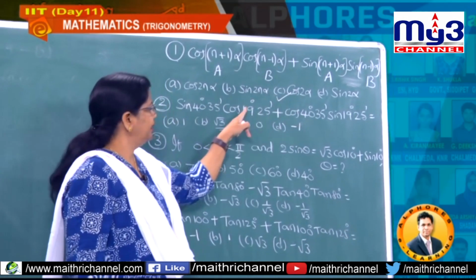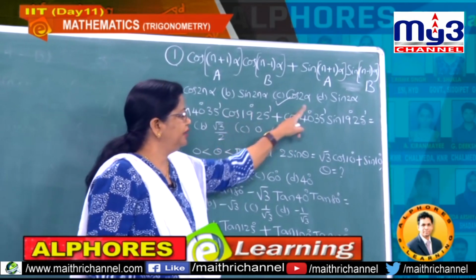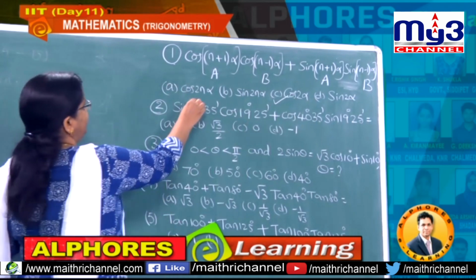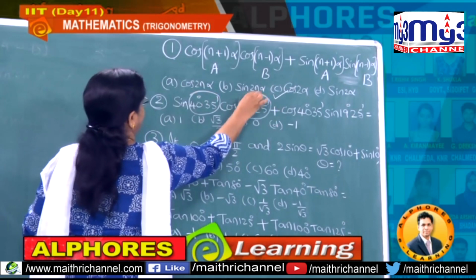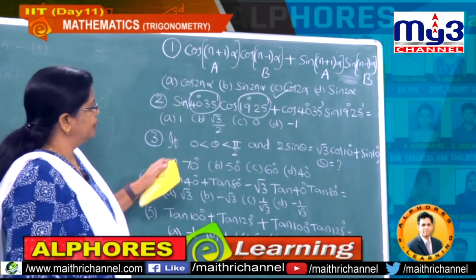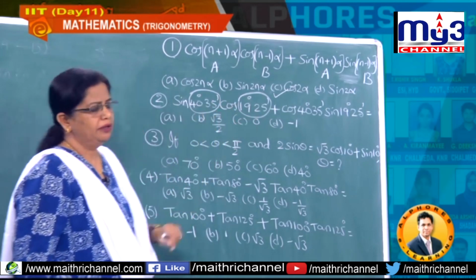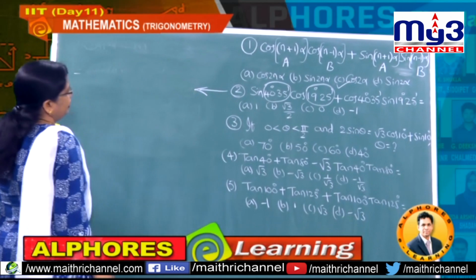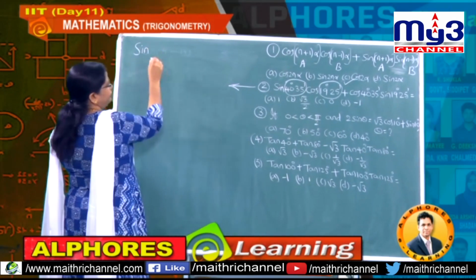Understand? And next here 19 degrees 25 minutes, same value repeated here also. That means if this value is now our A, then what is this value here? B. Understand? So one value if you take A, then this value is your B. I am writing here. Now we are doing the second problem, that is sin of 45 degrees 35 minutes,